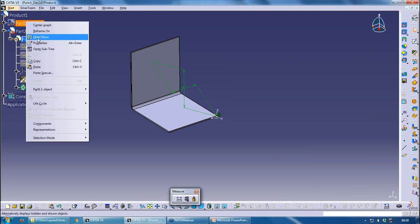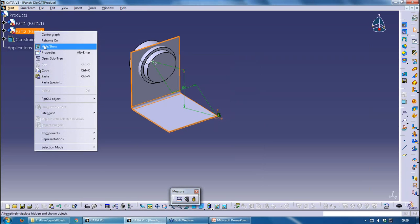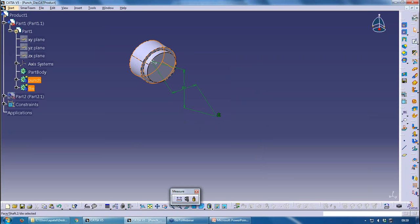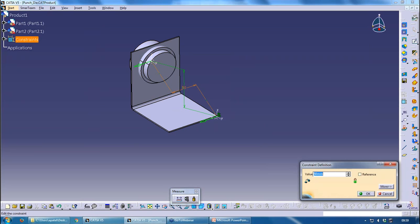There we go. So I've got two parts in my assembly, one which is the sheet metal part itself, and another part which contains the punch, which is that one there, and the die itself in two separate bodies, so the punch and the die. What I would then do is use the assembly to position the punch where I like it. So I could change that to, let's say, 60,